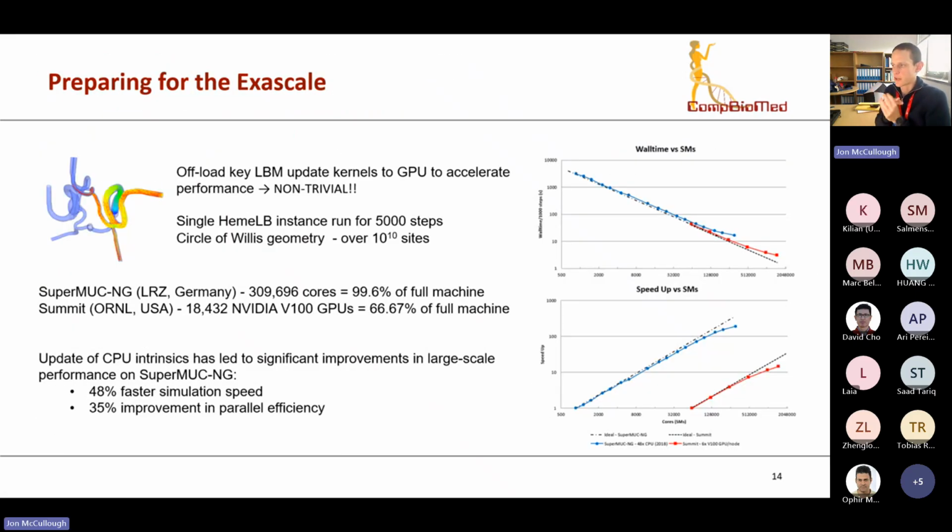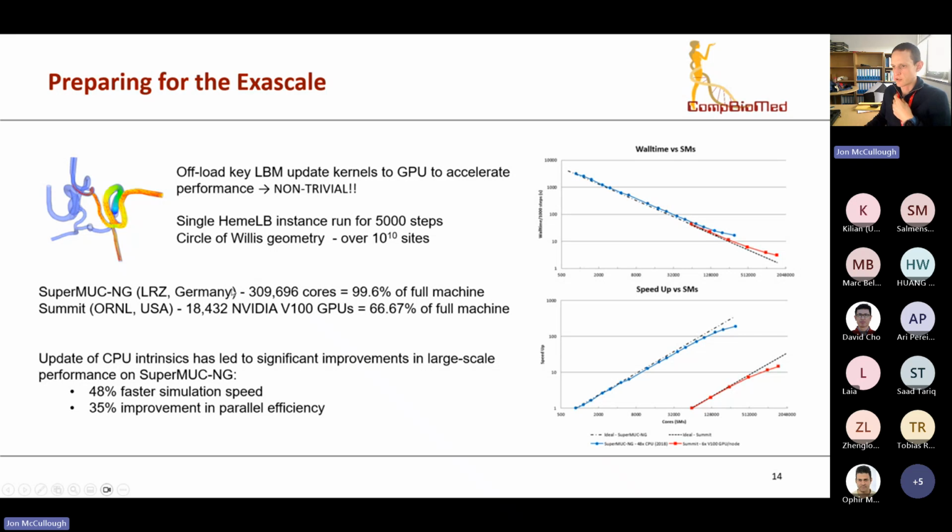So in terms of the performance that we're looking at here, we're using a domain of the Circle of Willis. This is what this structure is here. It is a production type domain, so not a trivial domain in this case. This is a vascular structure within your brain. I'll talk a bit more about this particular structure in a couple of slides' time. This particular geometry that we're using had over 10 billion lattice sites, and we ran it for 5,000 steps. And so what we have here is comparisons between a